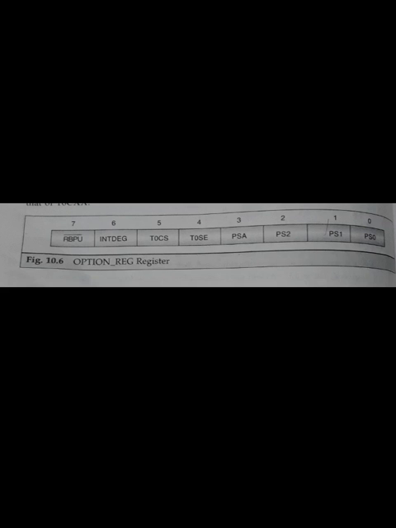If PSA is cleared, the prescaler is assigned to TMR0. The function of the PS2, PS1 and PS0 bits is exactly the same as in the 16CXX.